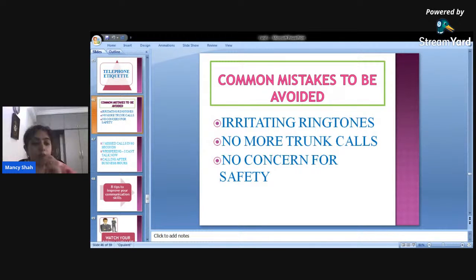Okay, so please be careful while you're speaking, especially when you are sharing. If you're traveling in a car with more people, or if you are traveling in a bus or public transport, please be careful when you're talking. You cannot be shouting at the top of your voice, and make sure that the entire bus knows the story about you. Okay, no concern for safety. Please be careful while you're using it. When you're driving, try to avoid it. Try to avoid messaging or speaking. Your safety is more important.